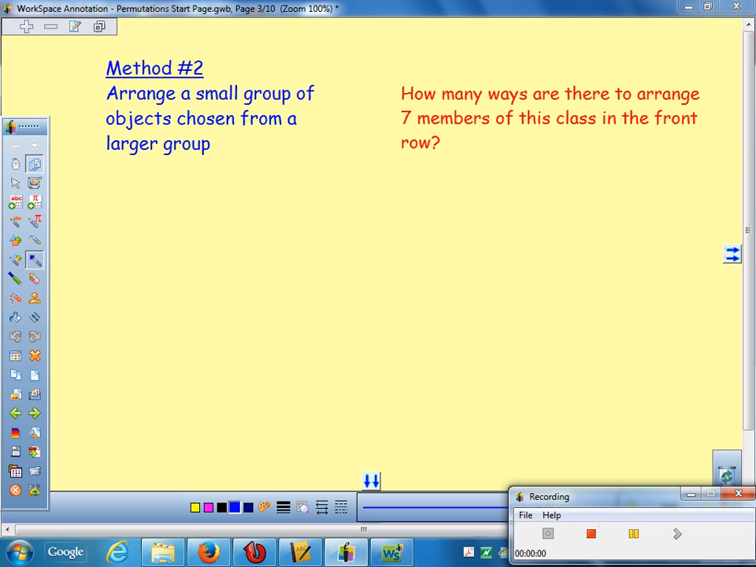Number 2. Suppose you're not going to use them all. Suppose you've got a large group to pick from, but you're only going to use a smaller group each time, and you want to know how many ways you can arrange them in a line. So in this case,